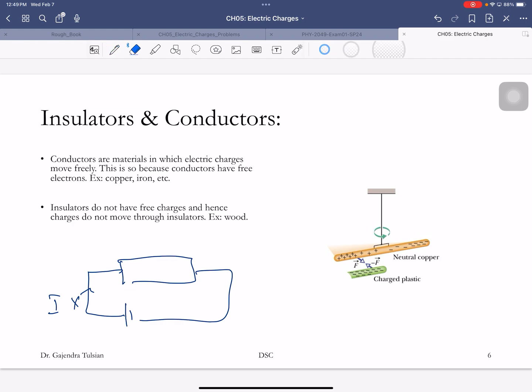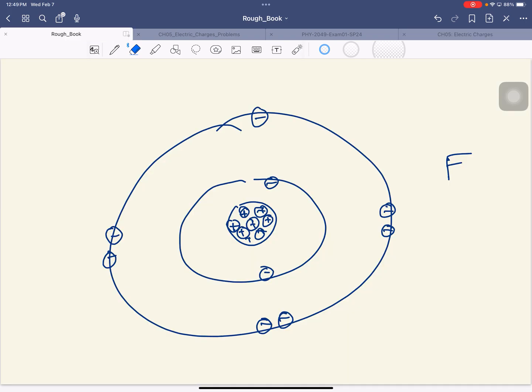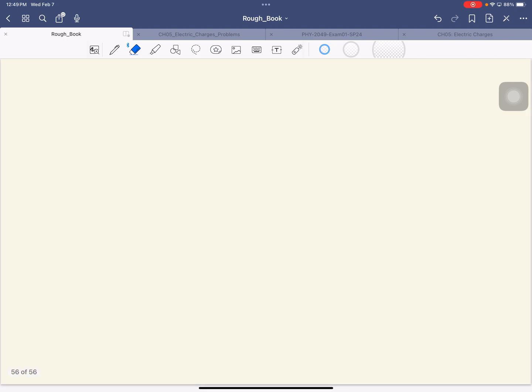Now, if any of you guys become material science engineers, you'll need to know this. But again, you'll learn this in a junior or senior level class, but we'll briefly talk about this. Okay, so